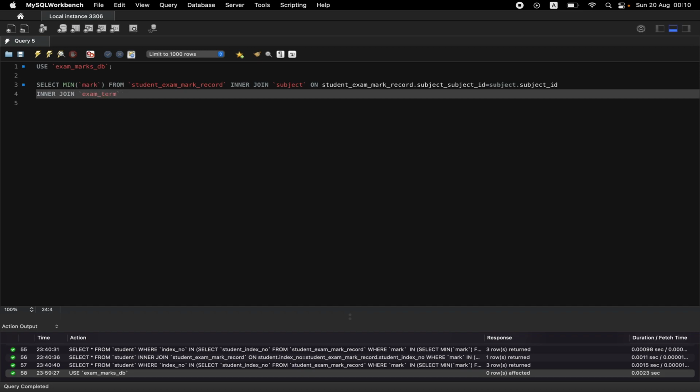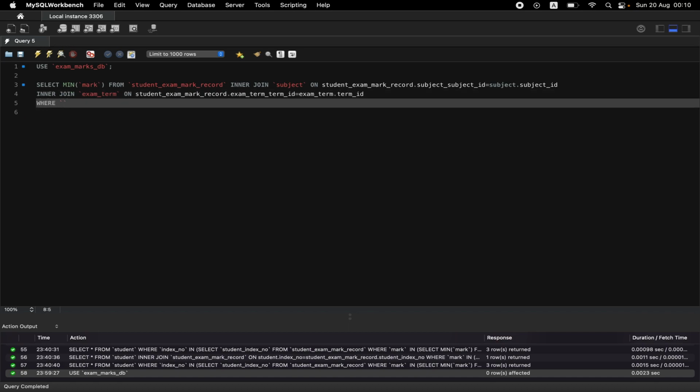equals subject table ID, and another we need the exam term table as well. So inner join exam table on student exam mark record, inner join on dot exam term ID equals exam term table ID,